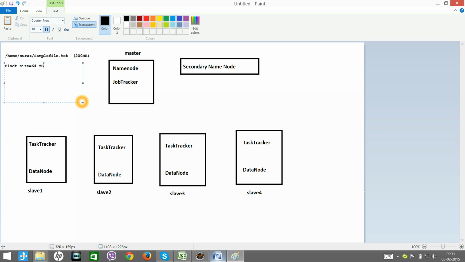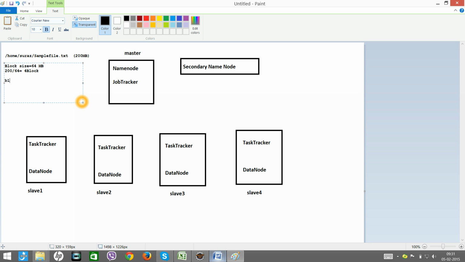That means the 200 MB will not be stored as a single file, but it will be divided into n number of blocks. How many blocks? It is exactly 200 by 64, so approximately 4 blocks will come.